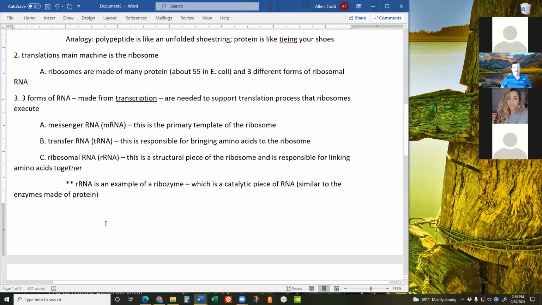Okay. And so if you're curious, you can Google ribozyme and you'll get all kinds of stuff that you probably never want to read. But the truth of the matter is that the part of the ribosome that's responsible for linking amino acids together is not a protein-based enzyme like we would think. It is an RNA, a ribosomal RNA enzyme called a ribozyme. Okay. So